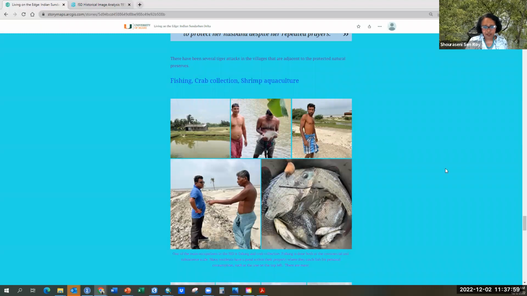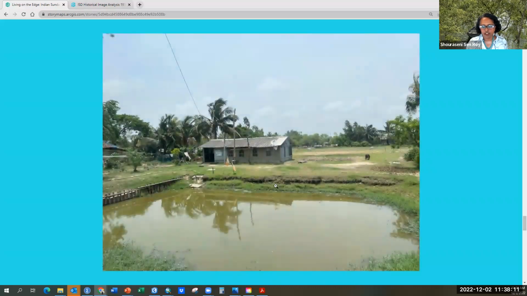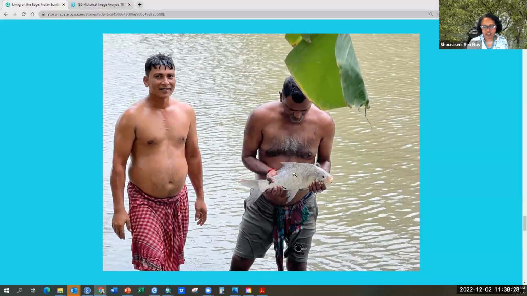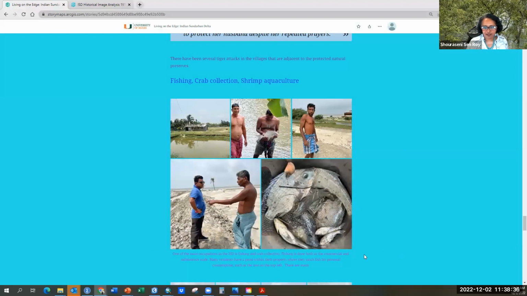A lot of the local residents also have their own ponds here. So this is a very common feature, that they do their own fishing. So it's for subsistence. Most of the houses have a small pond attached to them, and their livestock. So a livestock pond is a very common feature here. And they would catch fish for their lunch. So this was the one time my hosts caught a huge fish, a very, very popular fish in that part of the country, Katla. And these are the fish they caught that day from that pond here.